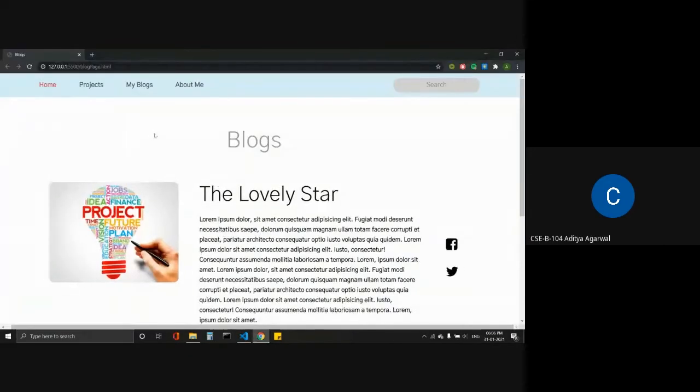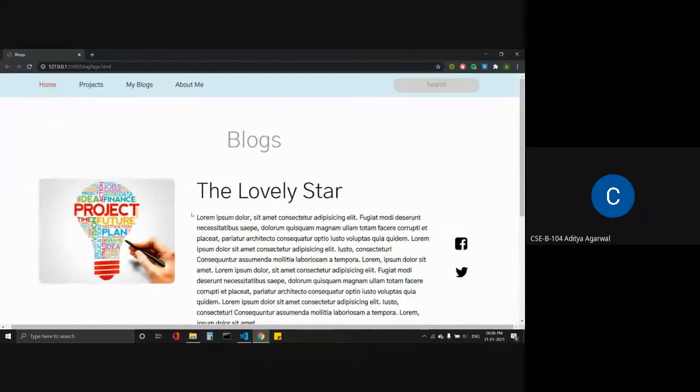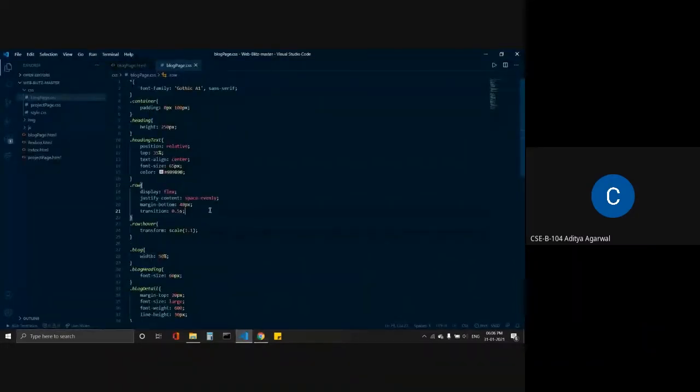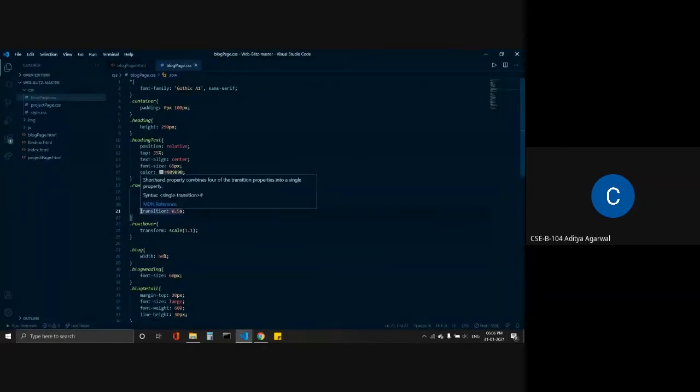There is another thing. The time of the animation is 0 seconds, but to make the animation visible, I have added a transition property in the row. What the transition property does is it adds some time, the time till which the animation will occur.